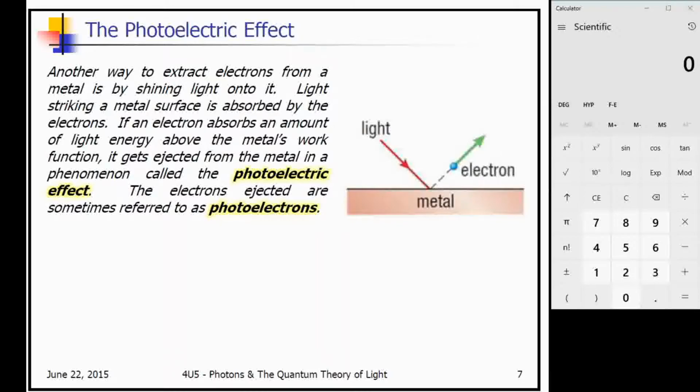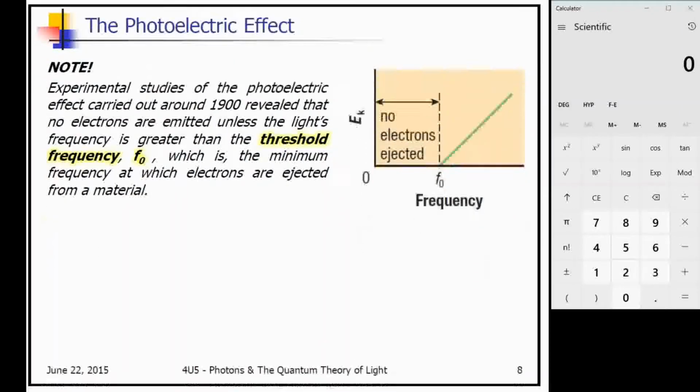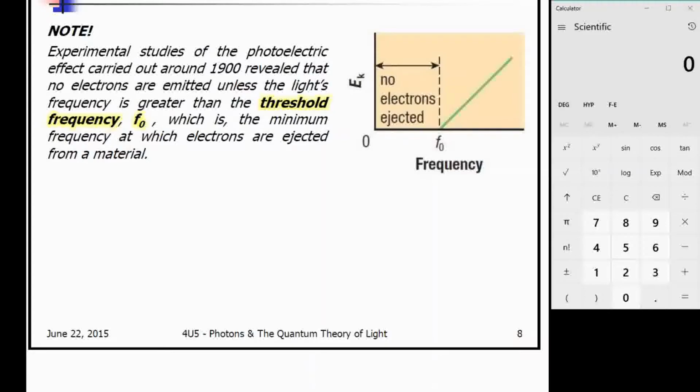So this effect, which we call the photoelectric effect, was very interesting, and it was studied quite a lot. When we have an electron being emitted from a metal due to light, it's called the photoelectric effect. And the electron that's emitted is referred to as the photoelectron. And what experimental studies showed at the time